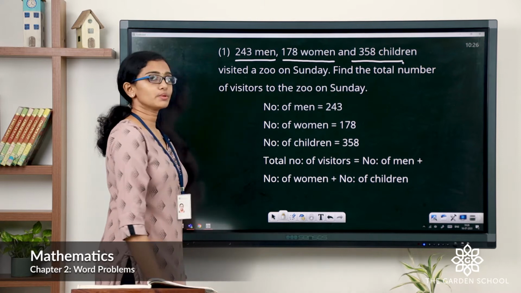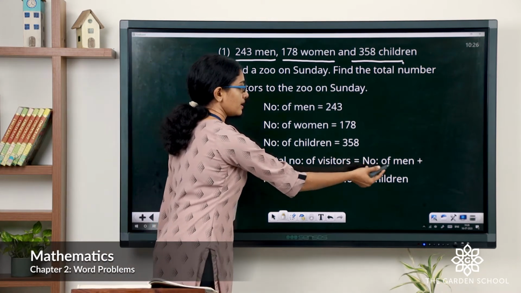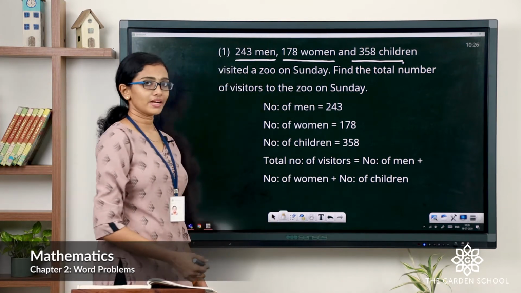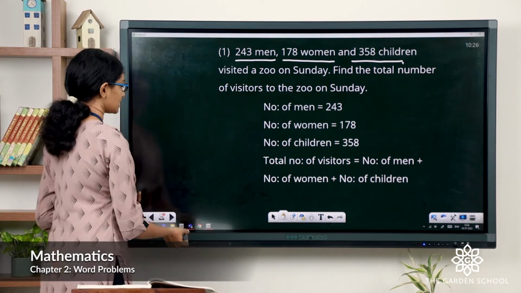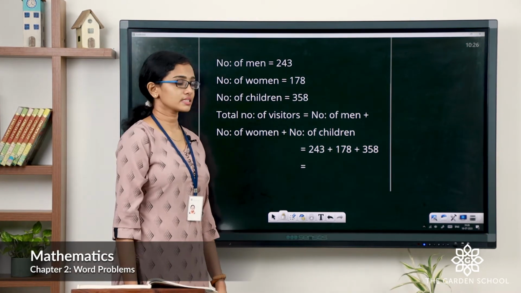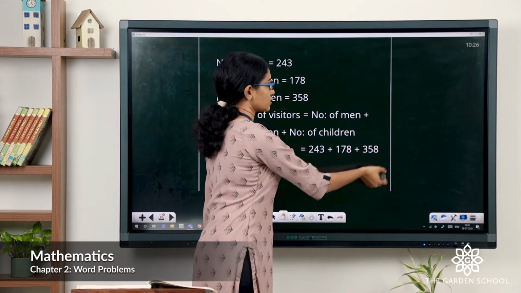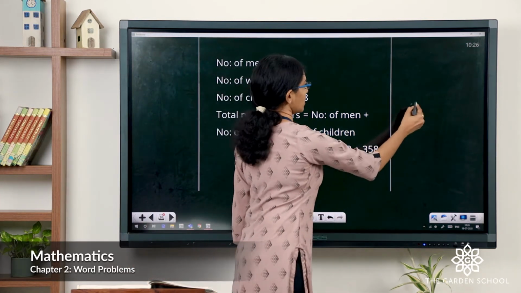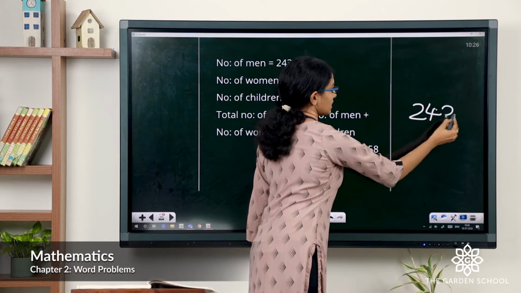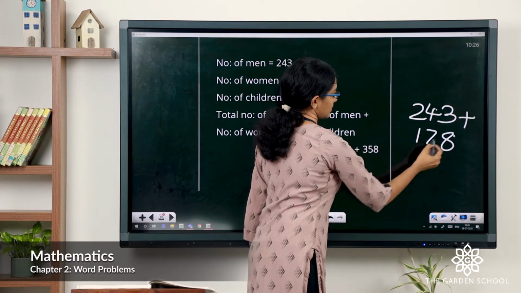And the total number of visitors in the zoo on Sunday will be the number of men plus number of women plus number of children. Now let's substitute the numbers. It will be 243 plus 178 plus 358. So let's do the calculation in the working column. It is 243 plus 178 plus